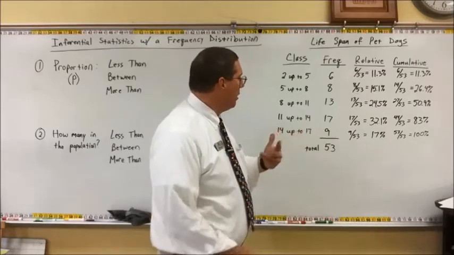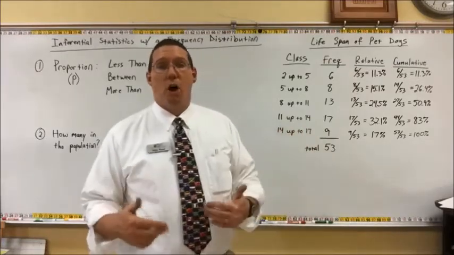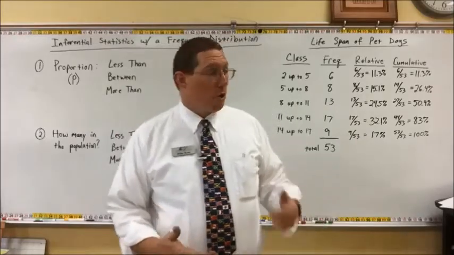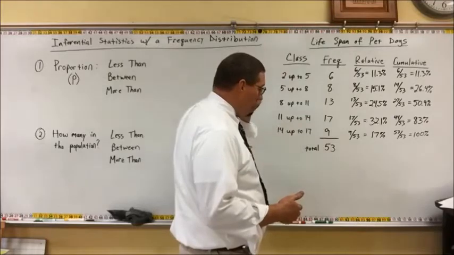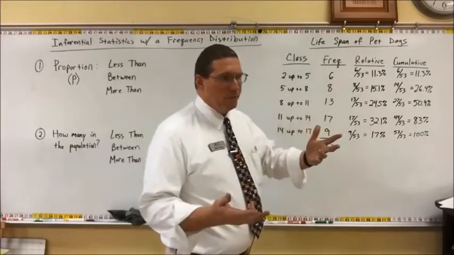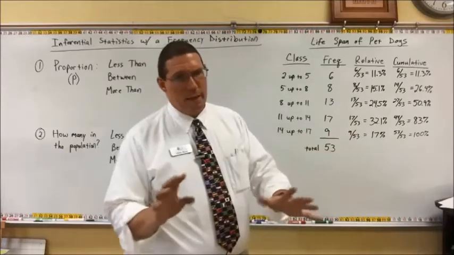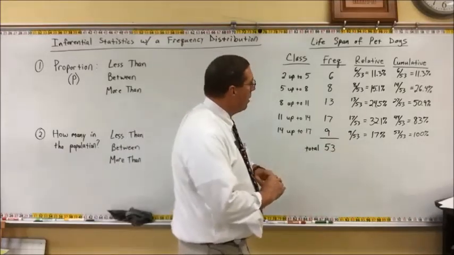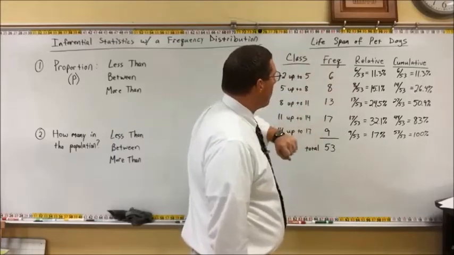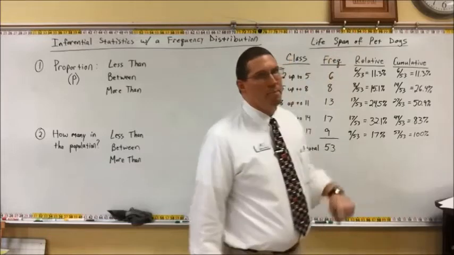Or let's say it's 53 people. They have had a dog and their dog has died. And so once I gather the data, let's say I tried to get information from like 100 people and only 53 people answered me back. Now that brings up a whole new set of problems, but we're not going to worry about that right now. So I create a frequency distribution, and I title the frequency distribution the lifespan of pet dogs,